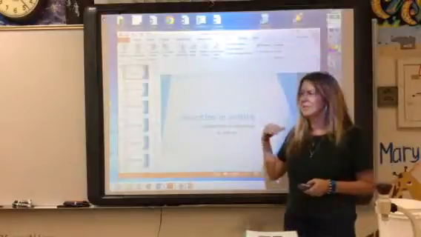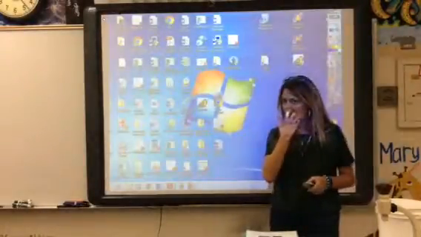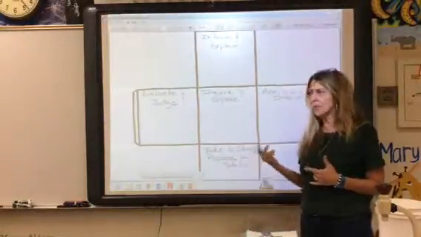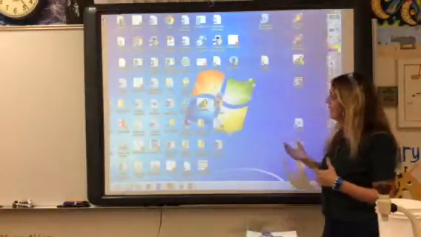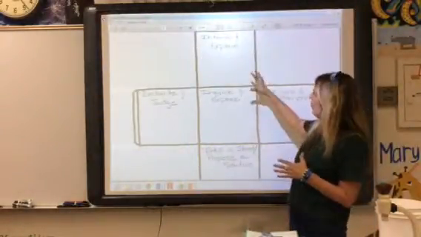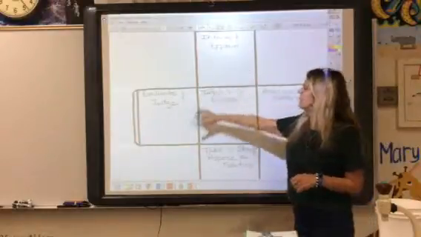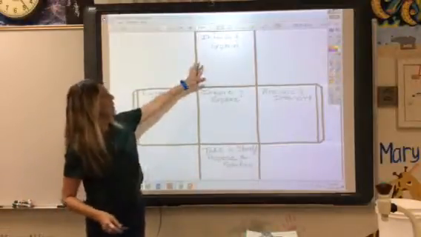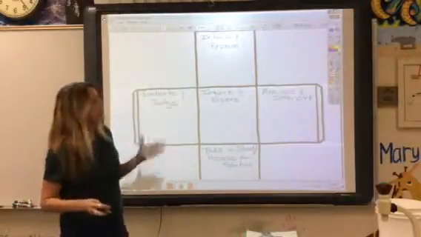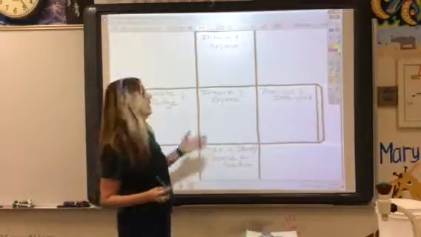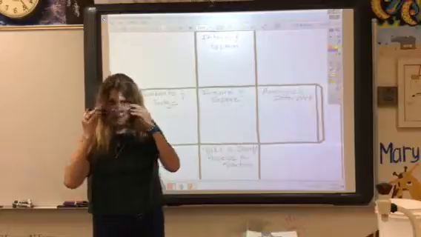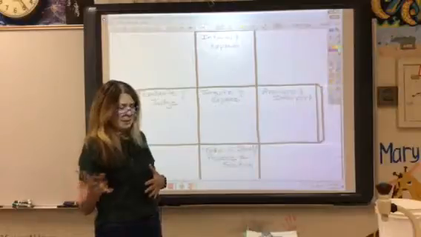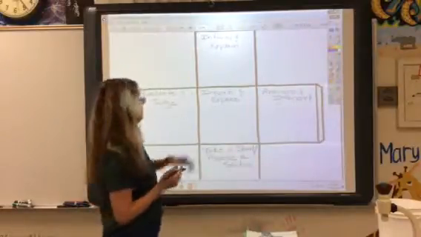The cube that I'm going to use today is an adaptation that I've created from Kelly Gallagher's book Write Like This. When Kelly Gallagher uses writing with his students, one of the things that he does is he divides the writing processes into different types of writing. Like for inform and explain, this would be a narrative form of writing. And so what we're going to do right now is I want to do a couple of these with you just to give you an idea, and then you can develop it yourself.